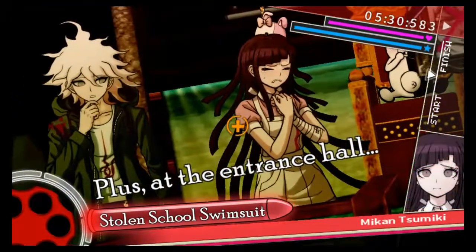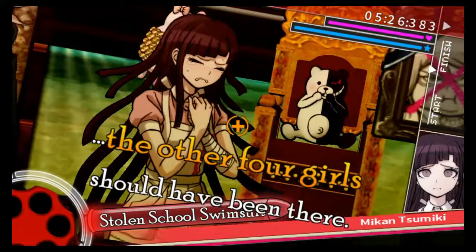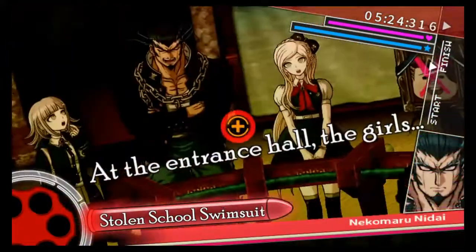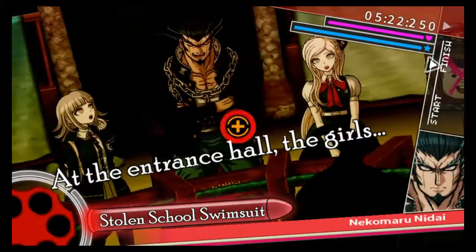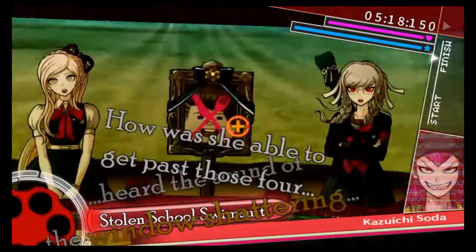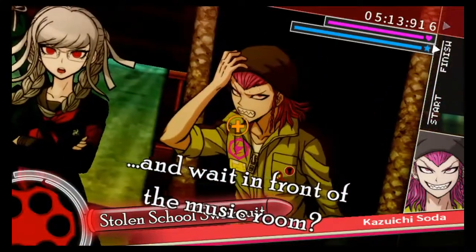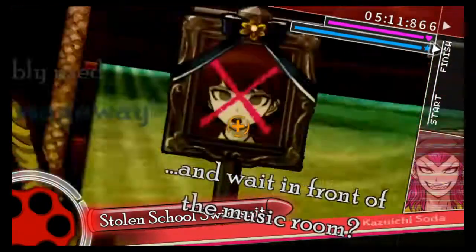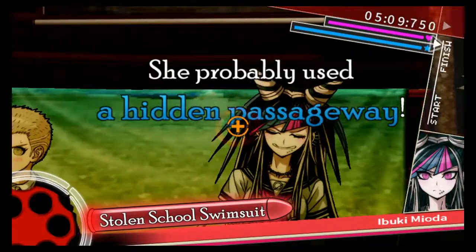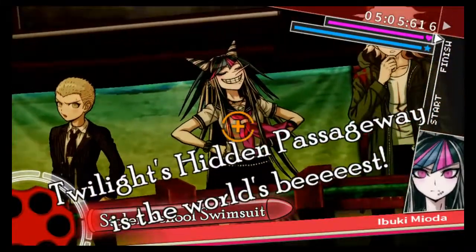Plus, at the entrance hall, the other 4 girls should have been there. At the entrance hall, the girls heard the sound of the window shattering. How was she able to get past those 4 and wait in front of the music room? She probably used a hidden passageway. Twilight's hidden passageway is the world's best!